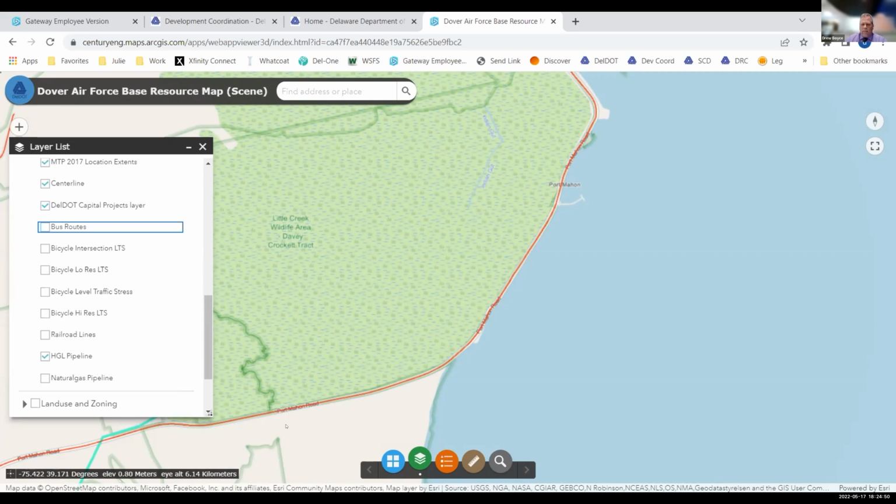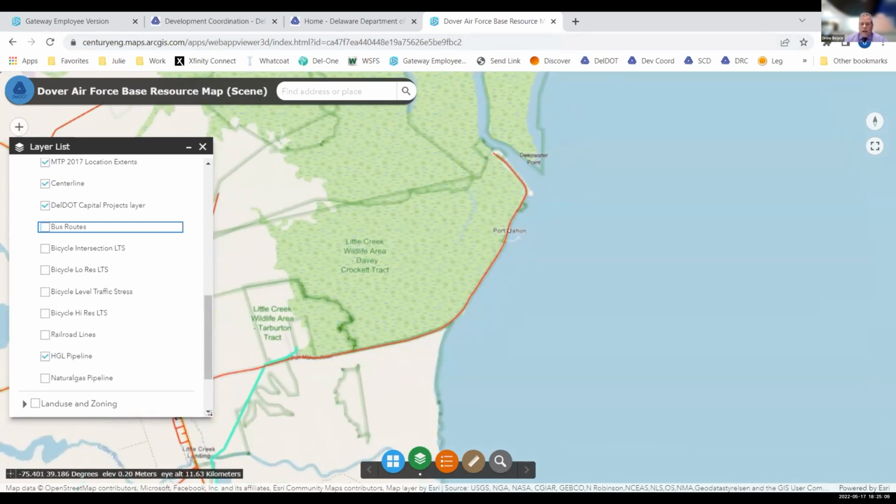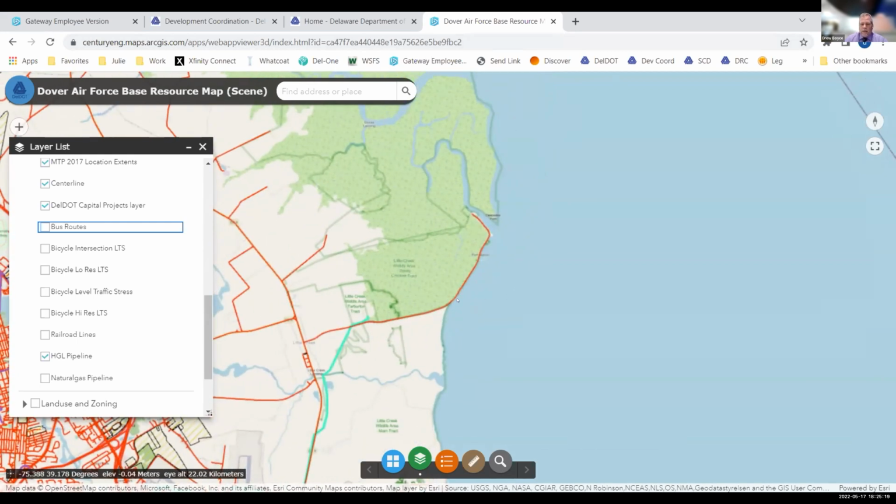And so one of the things that's happening is, through climate change, we're having a lot more surge on the banks of Port Mahon Road. And oftentimes the road is inundated with water. And so that jeopardizes or puts at risk this whole operation. And so it's a key piece of what we're going to be looking at through the study, to see how we can fortify and make sure that the airbase is supplied with a sustainable